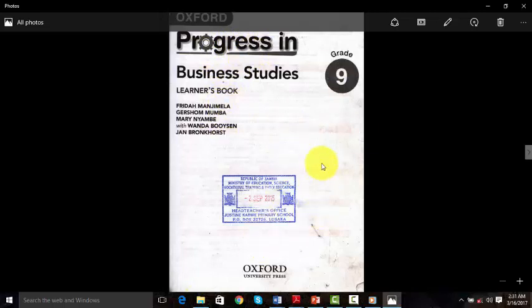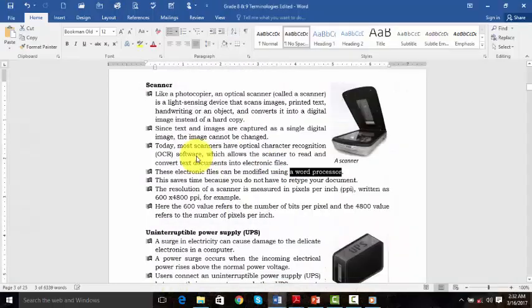So now students, what we are seeing here is a scanned document which can be modified by taking it to a word processor. Here it is being displayed as a picture. When it is a picture, you cannot make any changes unless it is converted into a word processor. That's when the word processor will have tools which allow you as a user to make changes. So now we go back to our work.